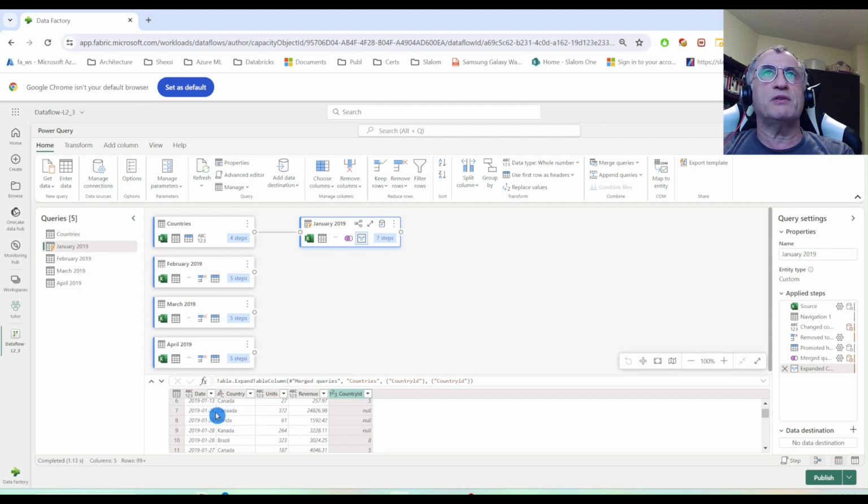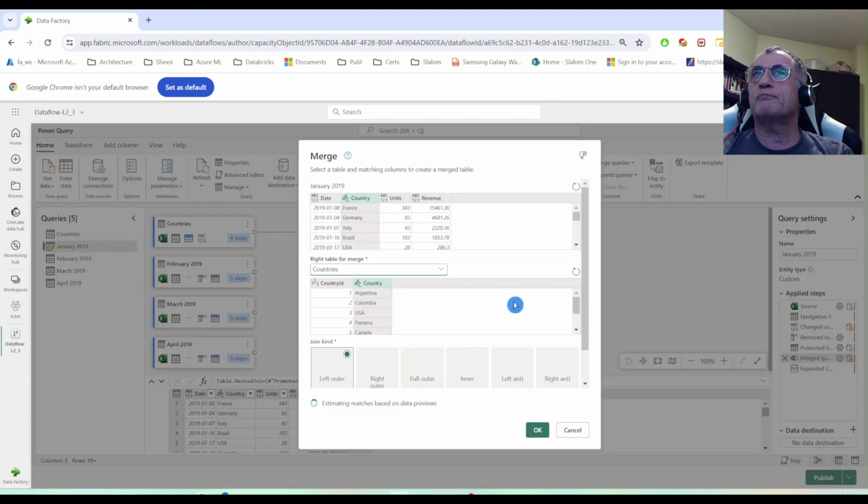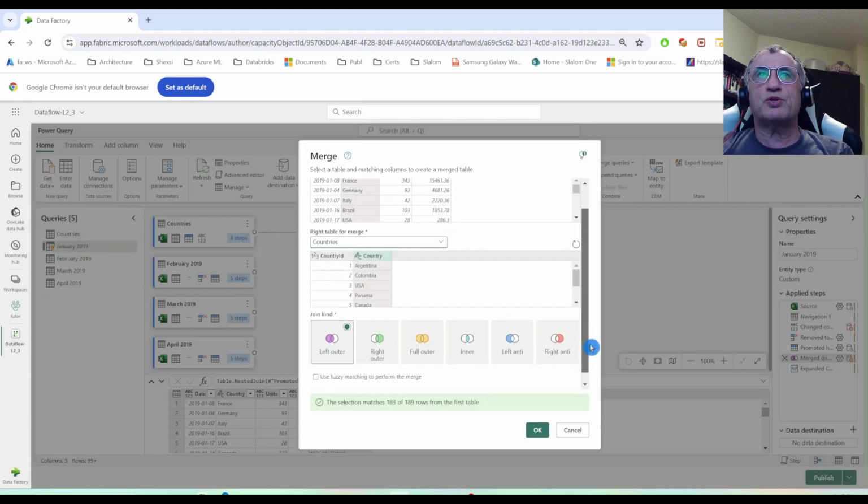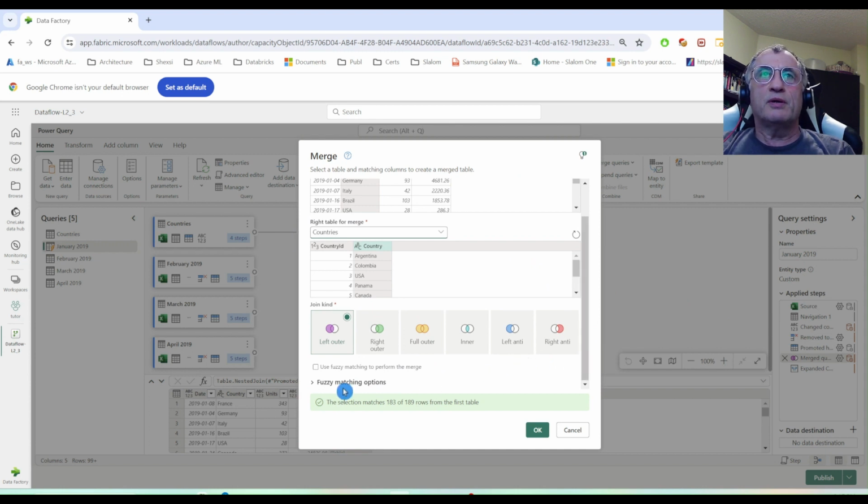Now let's see how we can fix this issue. I'm going to go back to my merge queries, and if I scroll down, I can set the use fuzzy matching checkbox, which allows me to make matches based on similarities. So now you can see that my number of matches increased from 183 to 186, which is exactly what I was looking for. So if I click OK